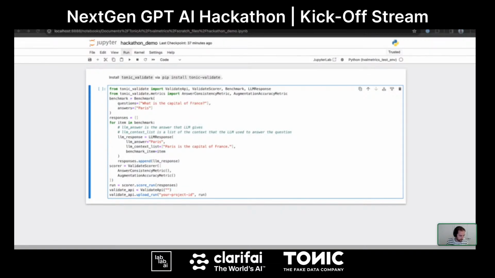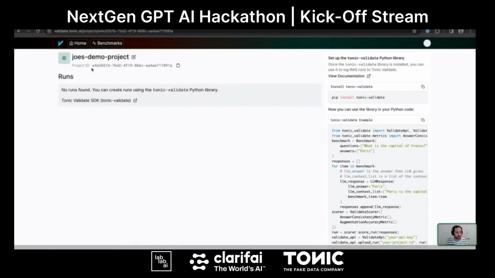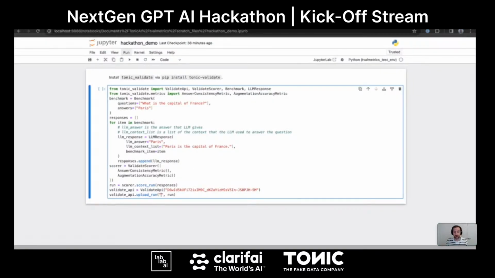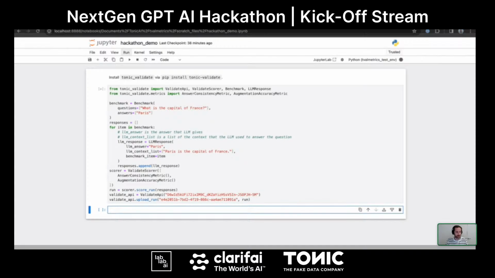So I'm going to go get the API key, paste it in, and then I need to put my project ID here, so it's going to log to my project. I go back in here, click on my demo project, and I've got my project ID right here, which I'll copy and paste right here.